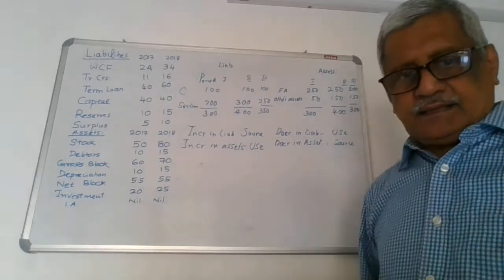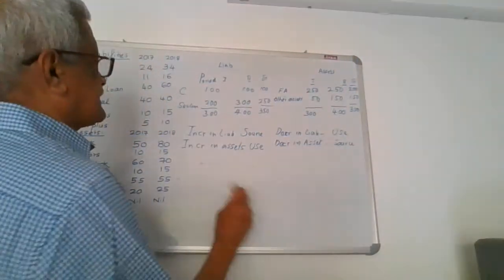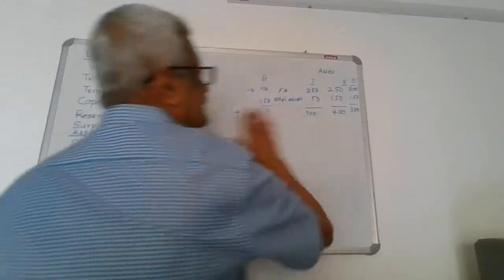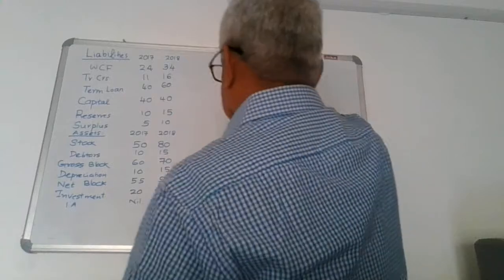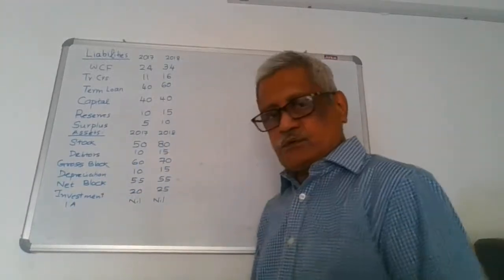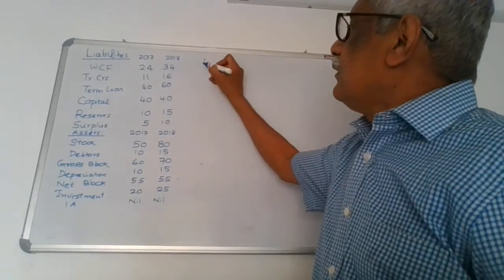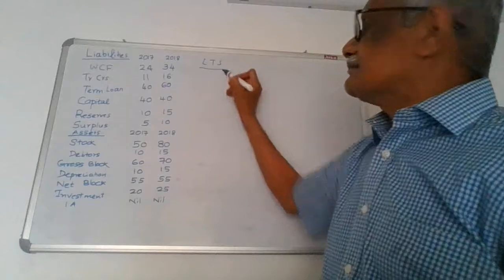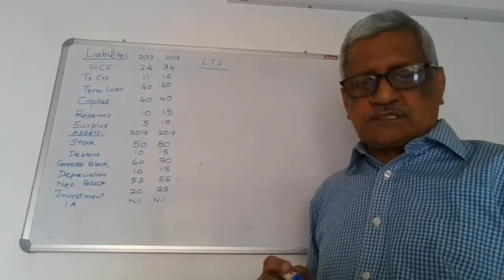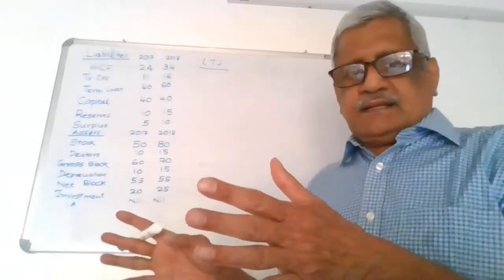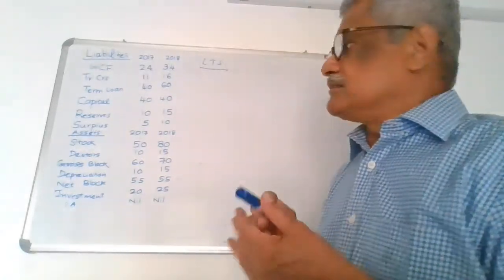This is basically the fundamental principle based on which the funds flow statement works. Now, with the help of an example, I will tell you how simple it is to prepare a funds flow statement. The first step is to take all long-term sources. When I say long-term sources, it could be any term liability or net worth items, because the current liabilities are short-term sources. So we take into account the long-term sources.